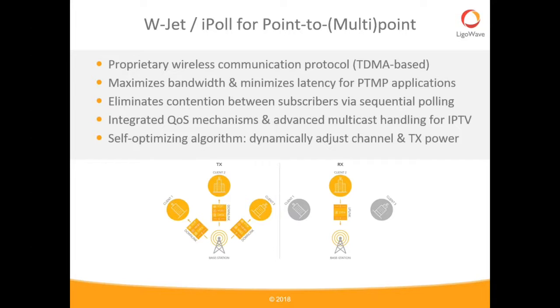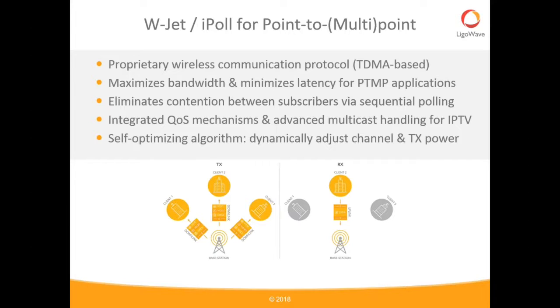The way that conventional wireless works is that everybody shouts to talk, so it's like dinner at my house. But the way that WJetV and iPol work for point-to-multipoint is that everything is done via sequential polling. So the base station basically allocates to each endpoint when they're allowed to talk, when they're allowed to use the airtime,